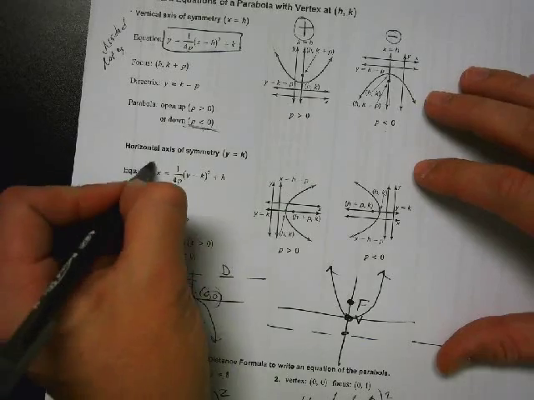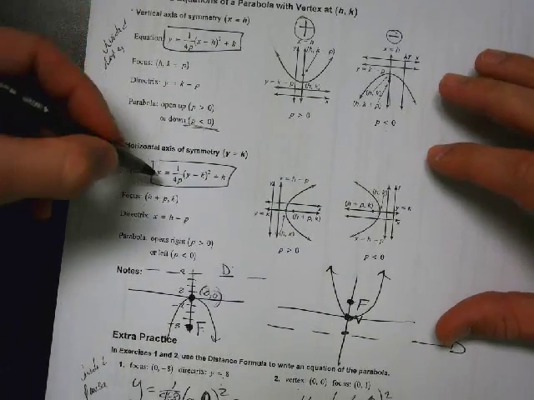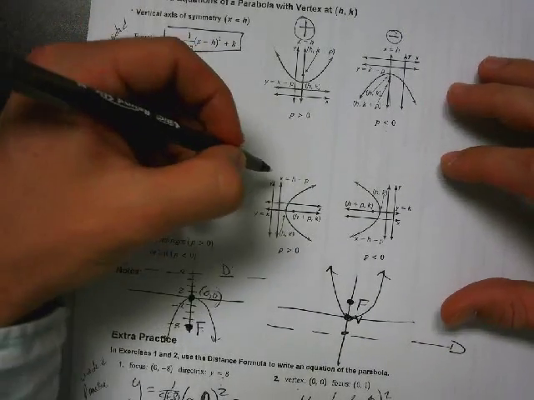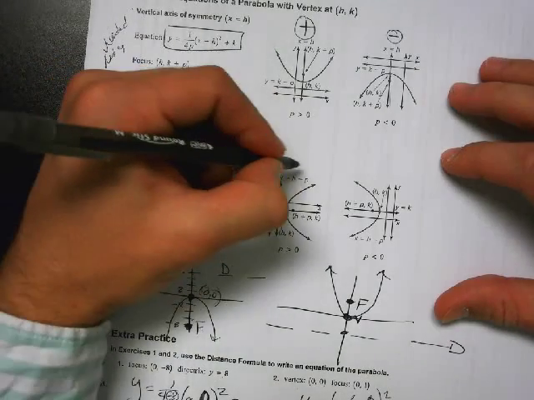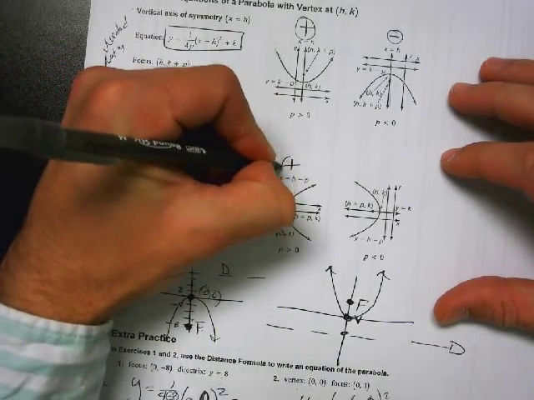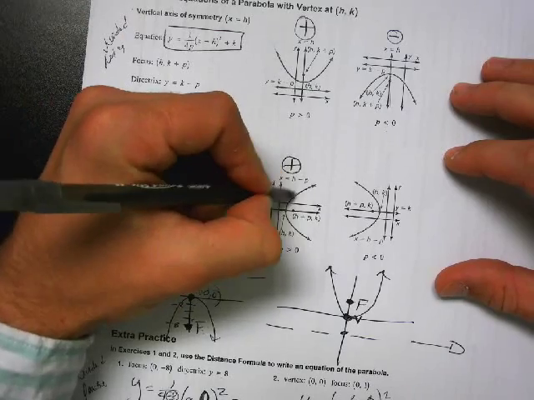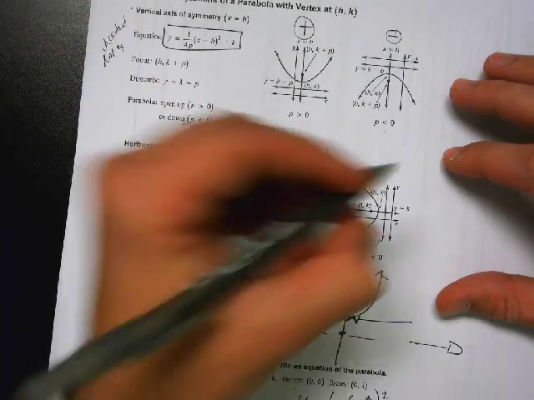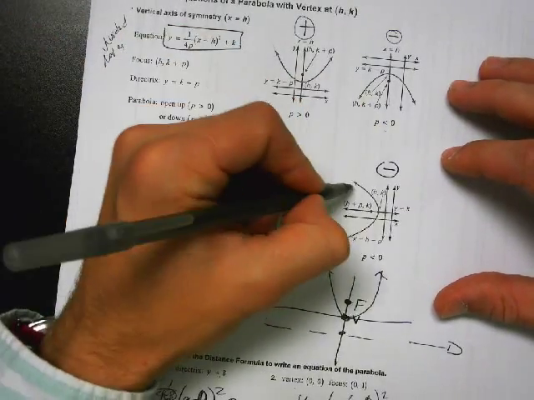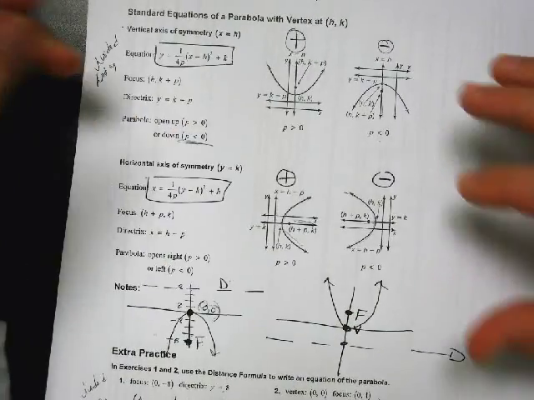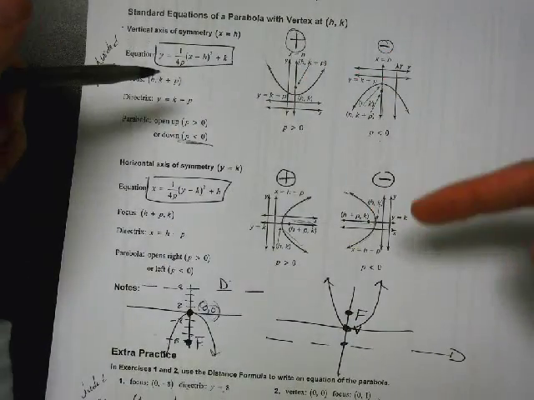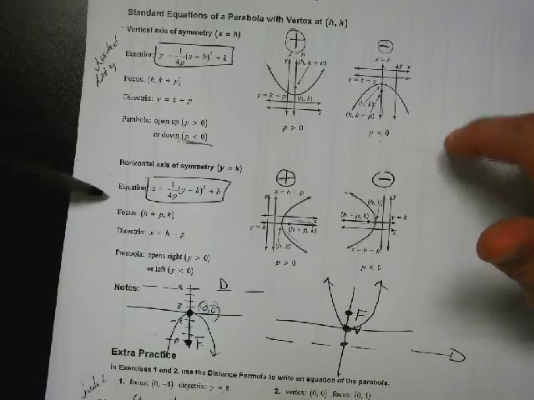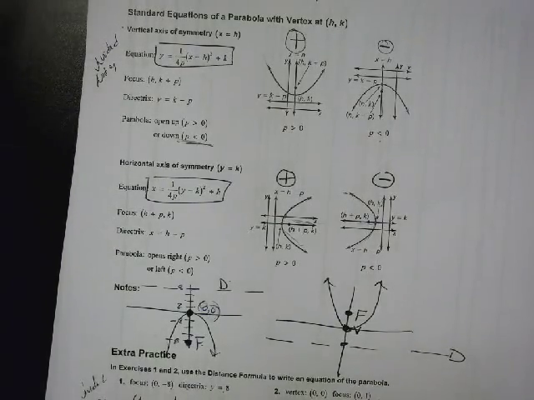And then you also have the horizontal one. It's solved out for x. You can have a positive version, in other words, the parabola opens to the positive x, or you can have a negative version, and the parabola opens to the negative x. So they're stacked one on top of another. Now that I've got all four of the different ways that this can go, I'm going to take my guided